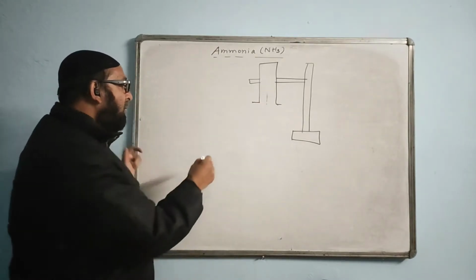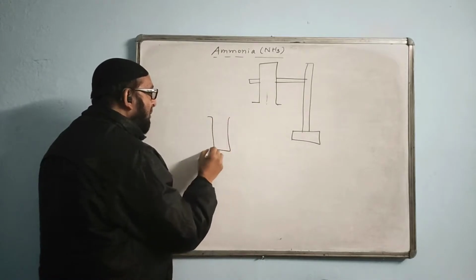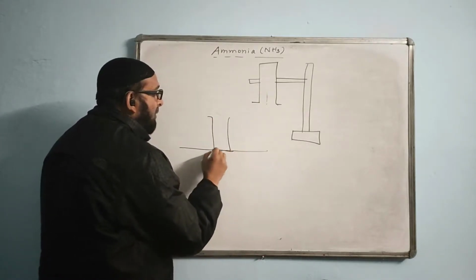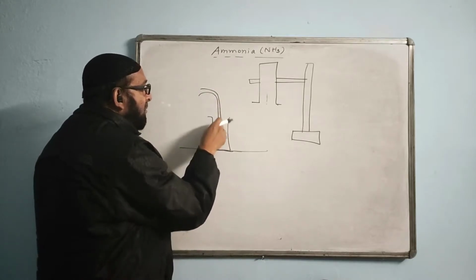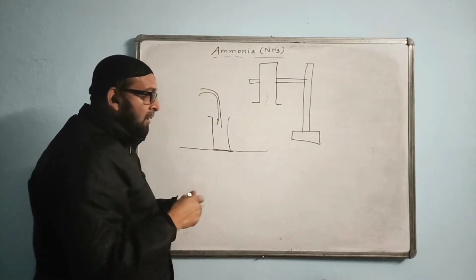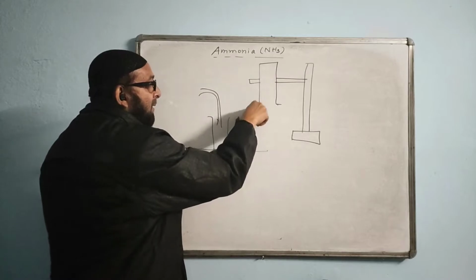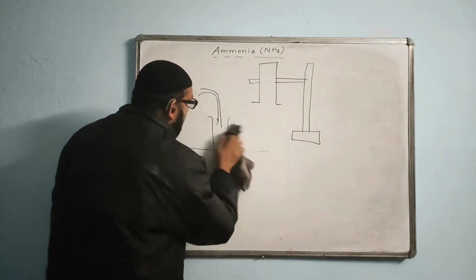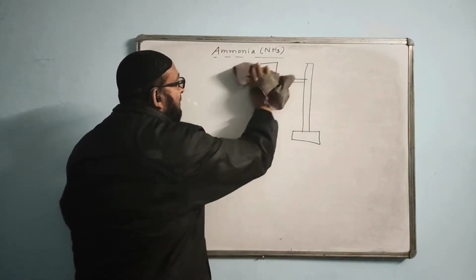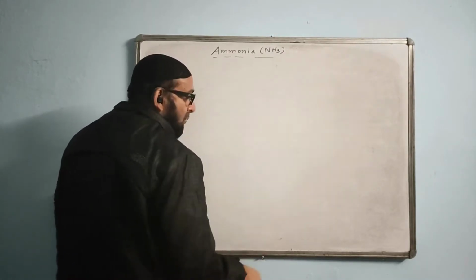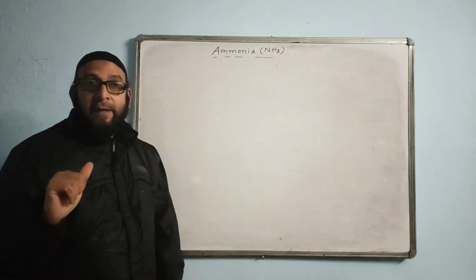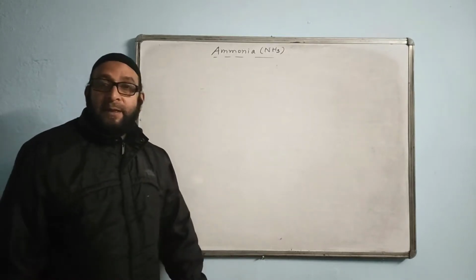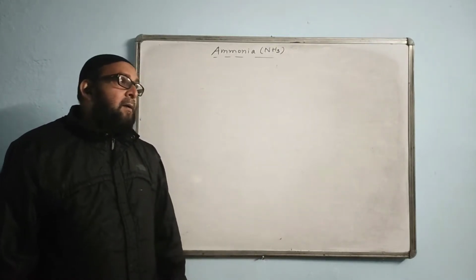In other cases, we will be using the gas jar like this, on the table. The gas will be going down through the tube and the air will be going up, except for ammonia. Ammonia will be connected in this manner, so remember it. The first point, which we have written already in the notes, is that ammonia is also known as alkaline air, which means basic gas. Okay, second point.